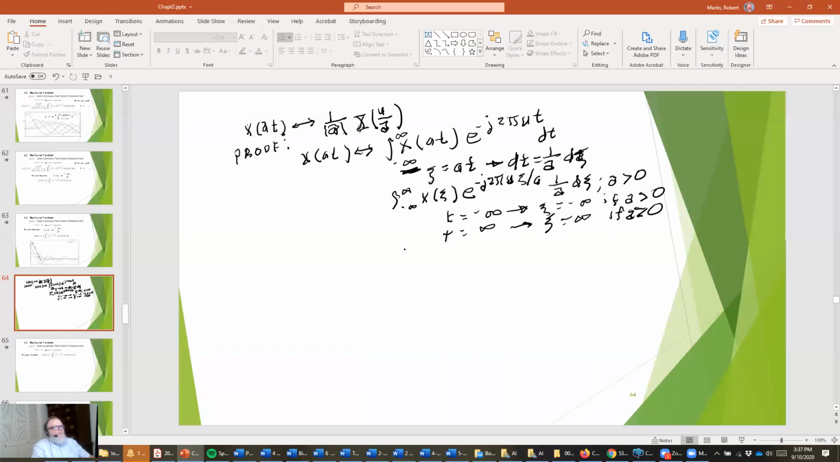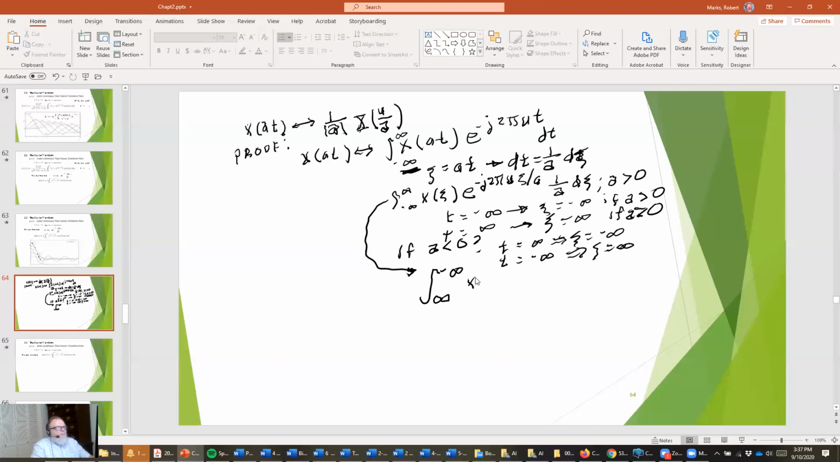What if a is less than 0? If a is less than 0, then this integral is wrong. Rather, we have to say if t is equal to infinity, then c is equal to minus infinity, if a is less than 0. And if t is equal to minus infinity, then c is equal to plus infinity. And so we have the integral from infinity to minus infinity